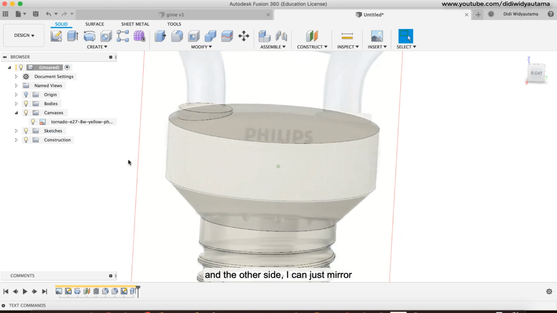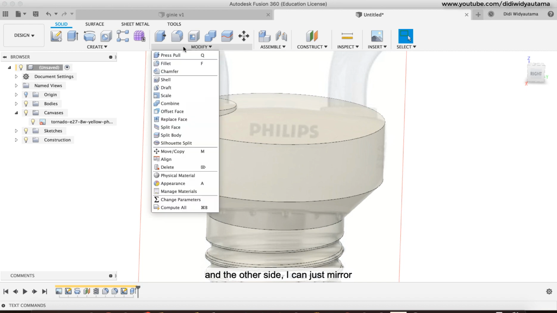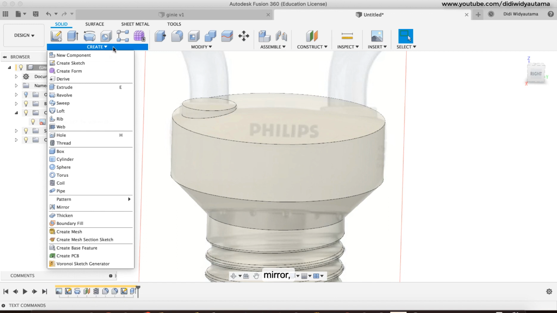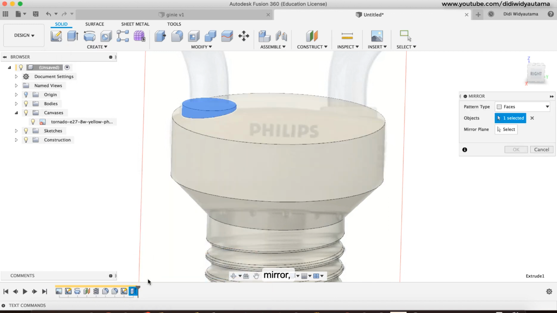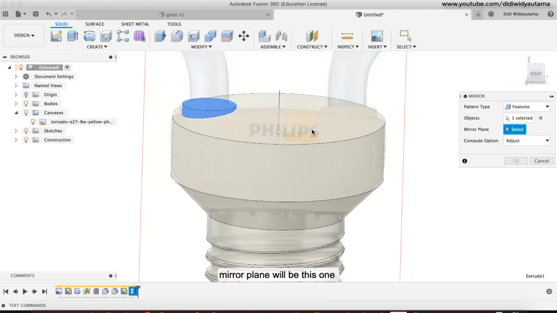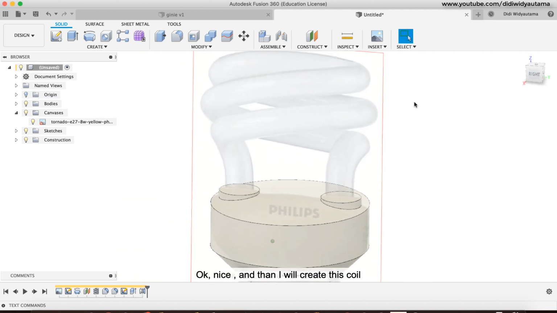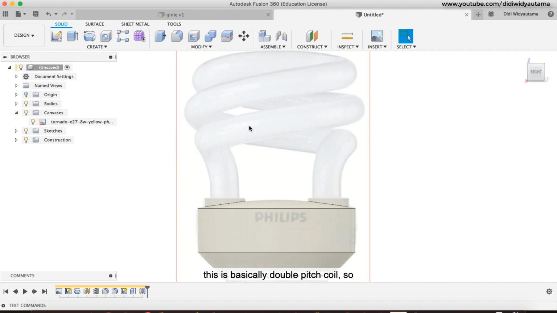Okay, one other side, and then the other side I can just mirror this. Oh, just mirror this feature. So its feature, the mirror plane would be this one. Okay, it's perfect. And then I will create this coil. This is basically a double pitch coil, so this one comes from over here, and then goes around, and then around here, and then continues going down, and then finishes and ends up at this